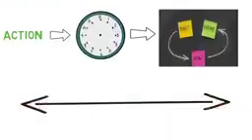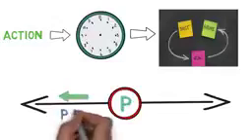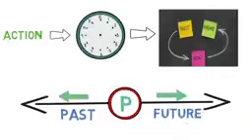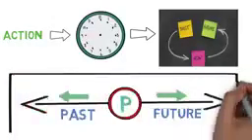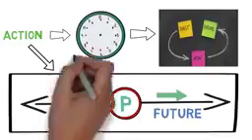Consider this timeline. The circle represents the present time. The line left of the circle is the time which has already passed, and the line right of the circle is the future time. Please understand this timeline properly, as we are going to use it for understanding when any action took place with respect to time.